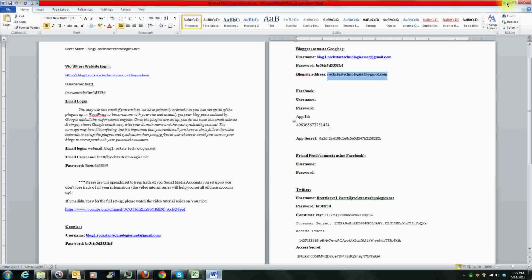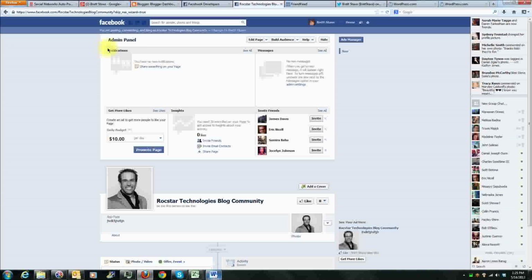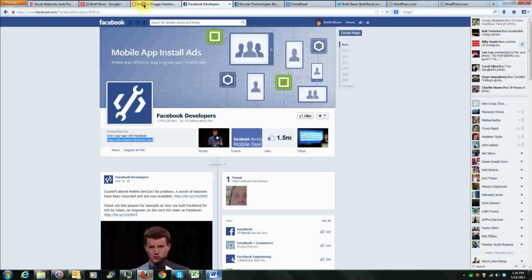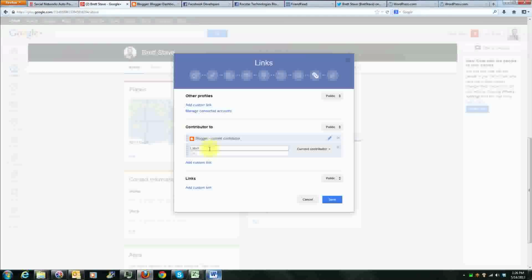So let's go down to Facebook here, and we want to go and find the link from our Facebook, copy this, and I apologize, I didn't save this URL in the previous tutorial, but you guys can just access it by logging into your Facebook and copying the URL link at the top. Let's go back to our deal here, Facebook, and put in the URL